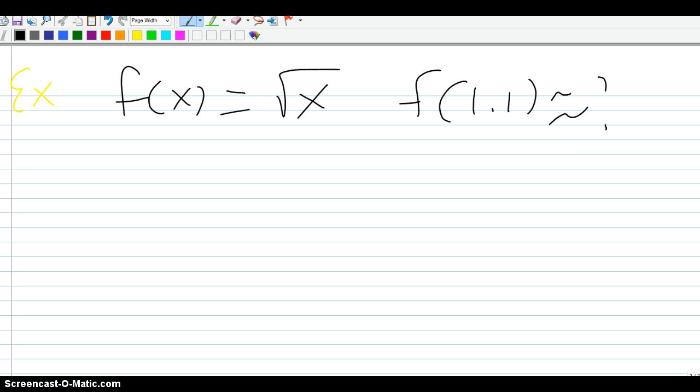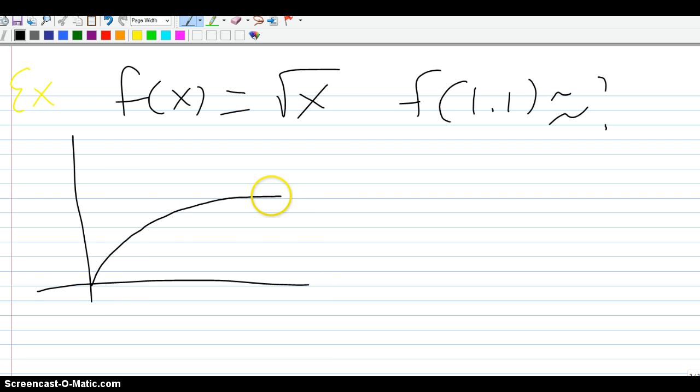That's my goal. And I left my calculator at home and I don't know what to do. So what I realize is if I look at the function square root of x, it looks something like this. And right here, I have the point 1, 1. When x is 1, y is 1. And I could imagine that I could find